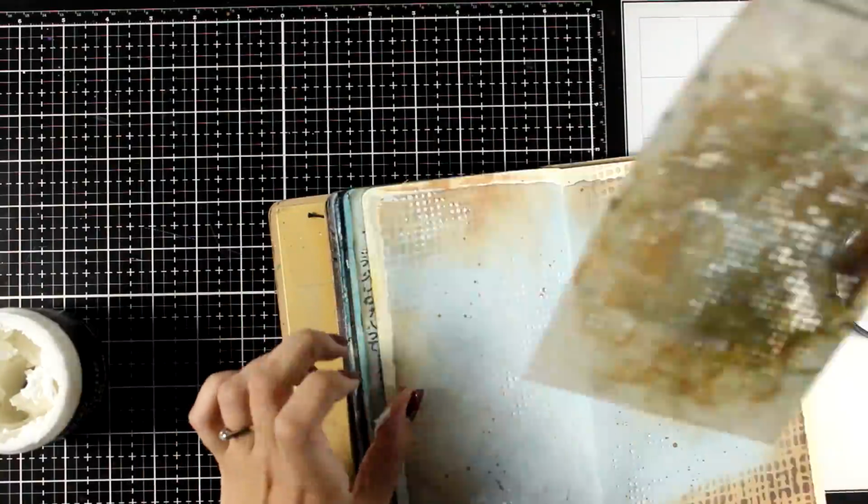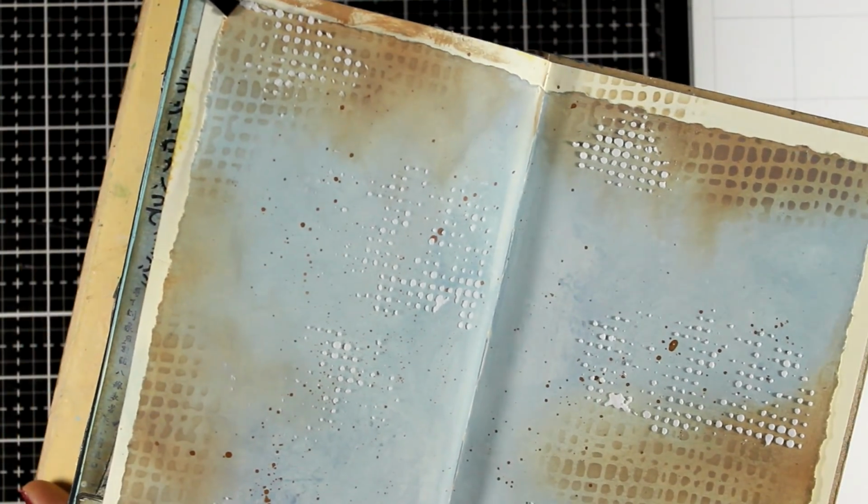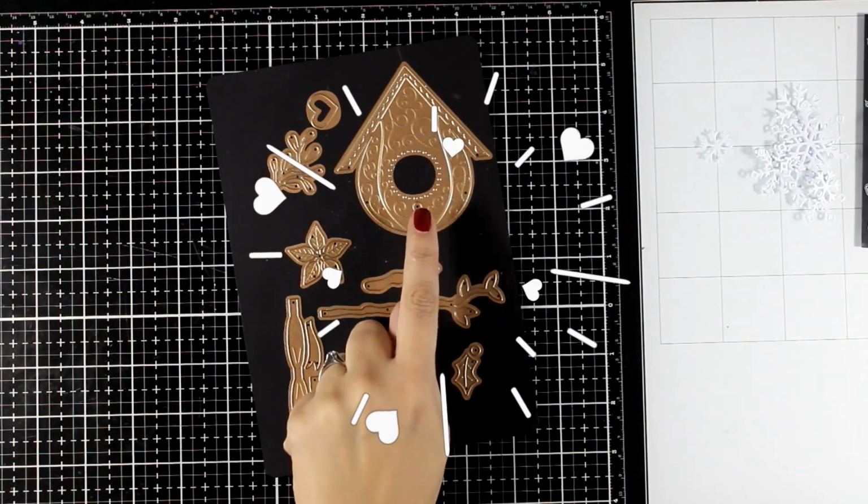I need to leave this art journal aside for all the paste to dry, and here is a close-up look on how it looks at the moment. So in the meanwhile, let's work on the focal point, and today I'm going with this lovely birdhouse